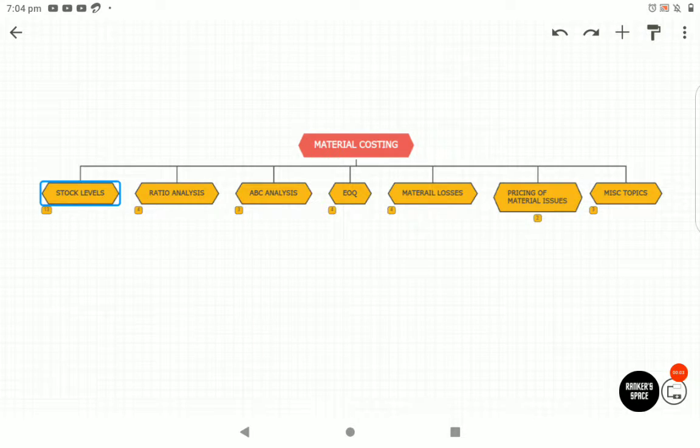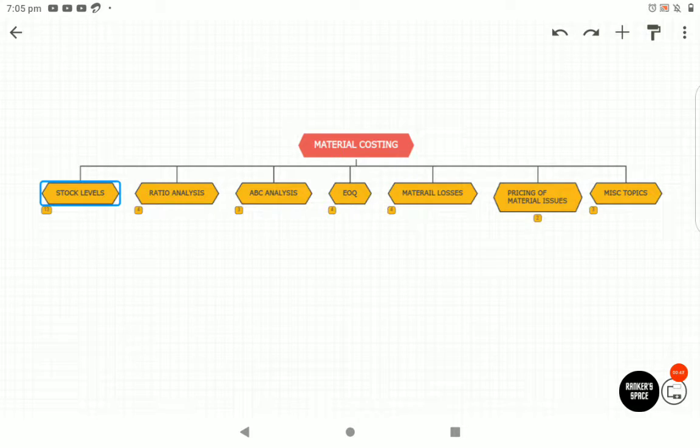So today we are up with another video on material costing, which is one of the most elementary topics in costing. So the first thing that we have to understand is the object, why we are computing material costing. I wanted to visualize a house. You're going in for construction of a house. If you're constructing a house, definitely you will need material inputs for it. Say for example, cement, bricks, then you need iron rods and all of that. So these are material inputs that are required to construct that house, isn't it? So what in material costing you'll do is you will try to find out the value of those material inputs that are used in the construction of that house.